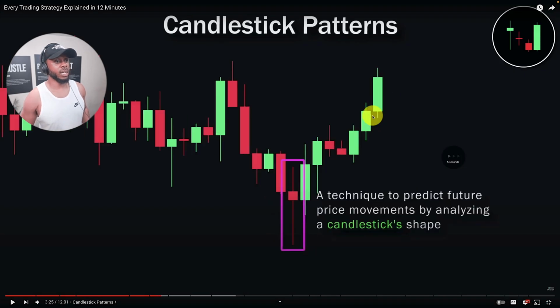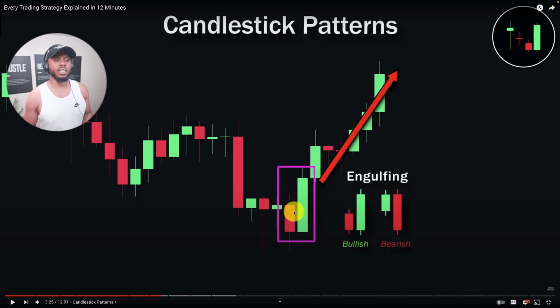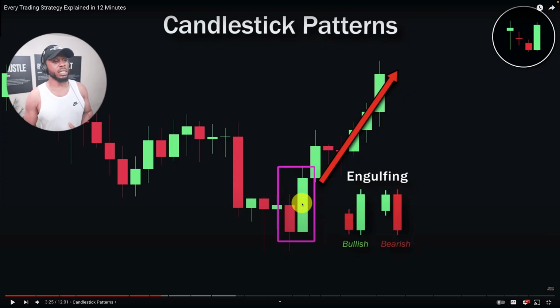Alright, let's go back. Engulfing candles. So engulfing candles, never been a fan of engulfing candles. Why? Because I've seen engulfing candles form and then price just turn around. It wasn't something to rely on. I couldn't bet my house on it, put it that way. Engulfing candles, not necessarily something that I'll be looking at as a sign that price is going to go the